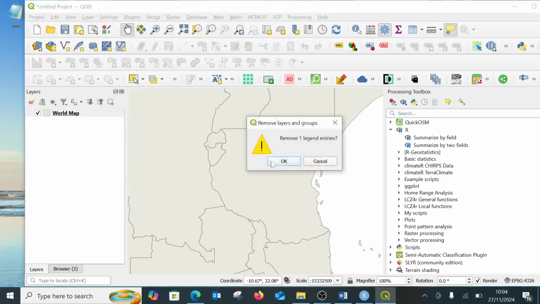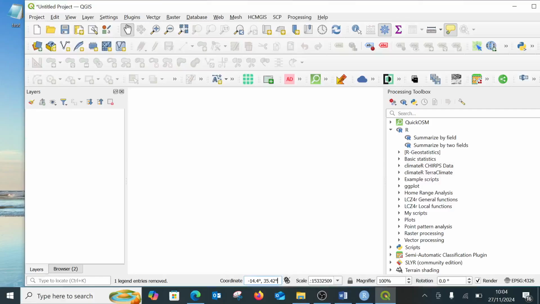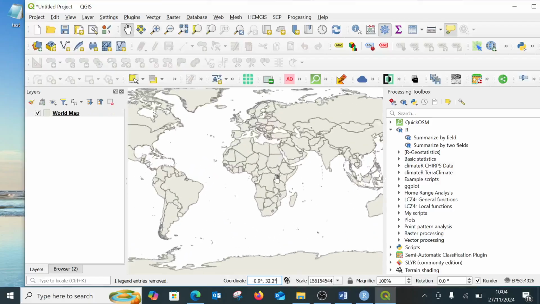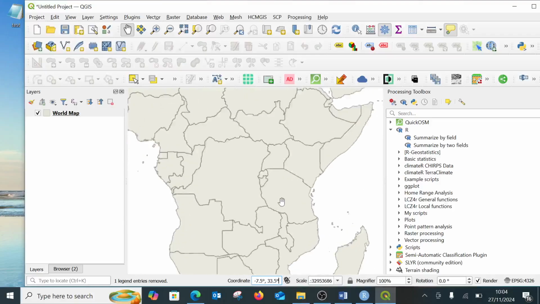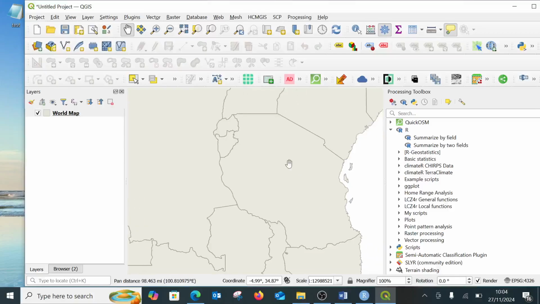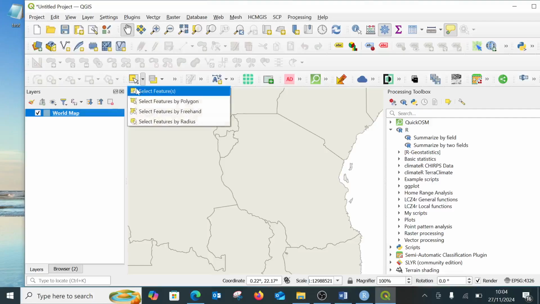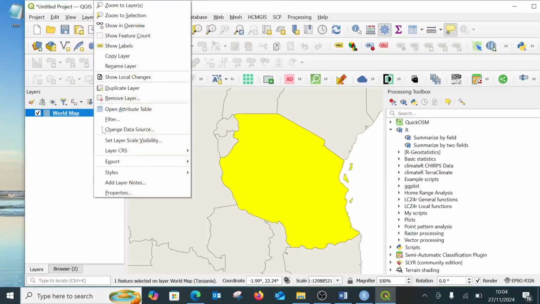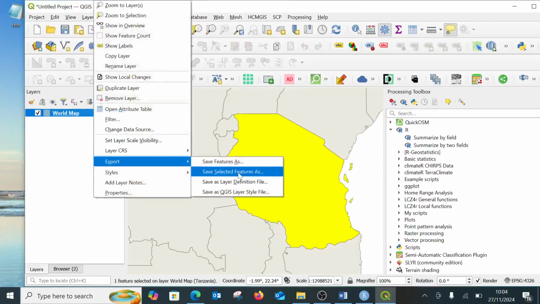So in order for that to appear, I'll write world, and then I'll set my country, this one right here. To select my country, there is a yellow button over here, this one right here. There'll be select feature by single click. So I'll just select my country, and then I'll go over here in world map. I'll go to export, save selected feature as,